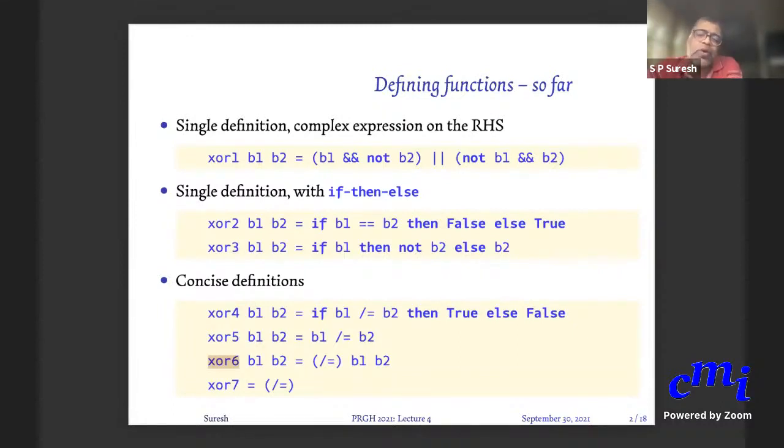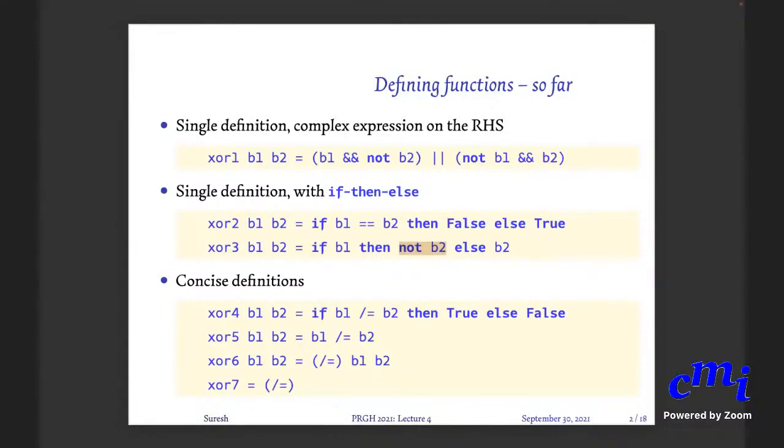Right. So now I'm asking you, if the first argument B1 is actually true, what value of B2 will give you the value false as a result? What value of B2 will give you true as a result? If B2 is true, it'll give you false. If it's false, it'll give you true. That is what I am telling here. So rather than doing this check, I am saying not B2 is the function that returns false when B2 is true and returns true when B2 is false.